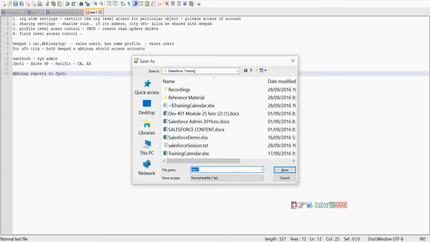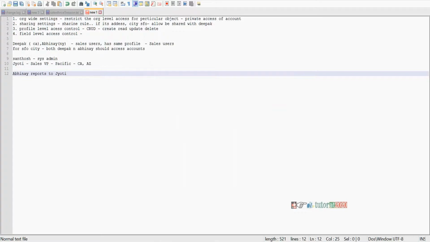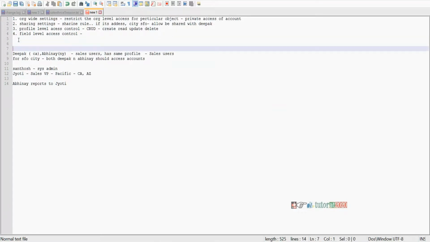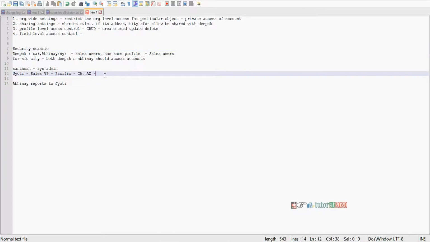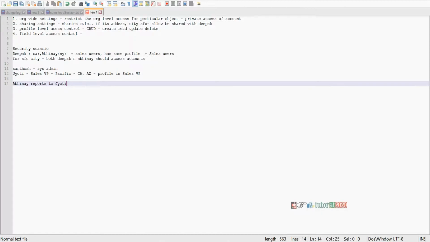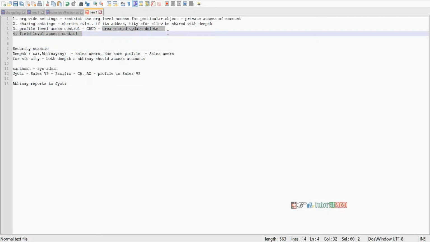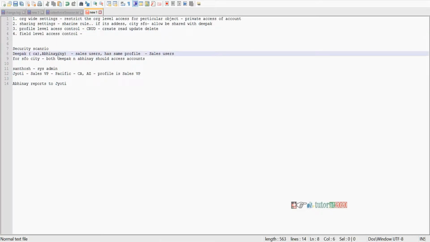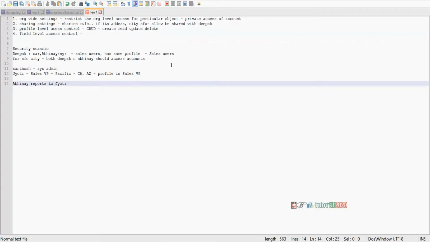Yeah, these are certain situations, okay? We'll explain the whole security model based on these conditions. Jyoti is sales VP and her profile is sales VP only, okay? So now we will first go to the profile level access, CRUD level access. What I said is that Deepak and Abhinay should be given a create access on the account object, okay? We are now considering